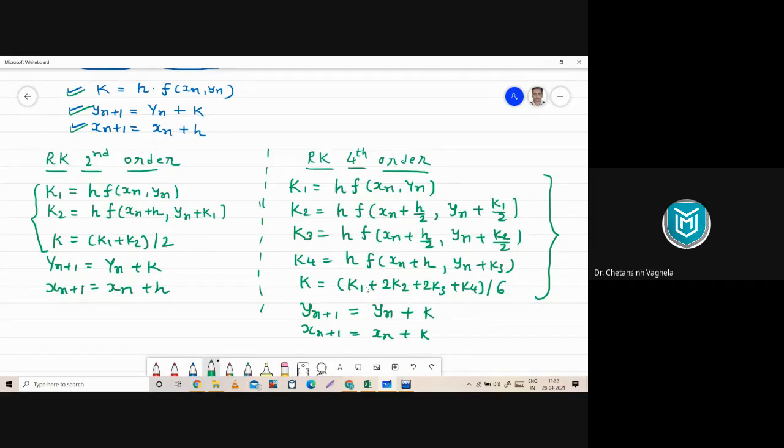Right? So these are the formulas which you can use for your reference. Now I request all of you to take a screenshot of this, because when you will convert RK second order to RK fourth order, you will be needing this formula. So if you don't have a theory book with you, please take a screenshot so that you can use it. If you have theory book available with you, then you have these formulas with you in your theory book. But if you don't have, then take a screenshot for your reference. So quickly take a screenshot, and let me know in the chat box once it is done, so we can continue further.